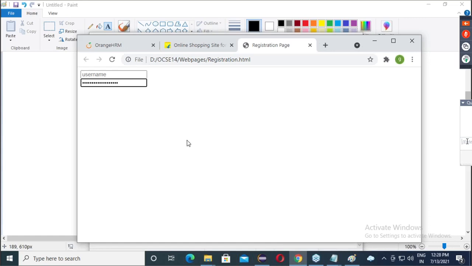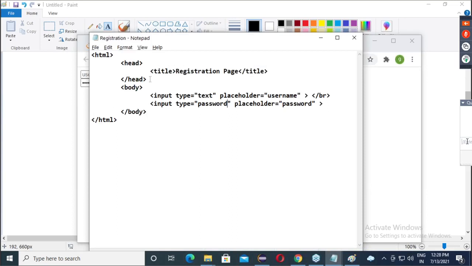HTML, predefined. So that thing will be the logic. See, right now, whatever we are developing is just a front end, a dummy front end.